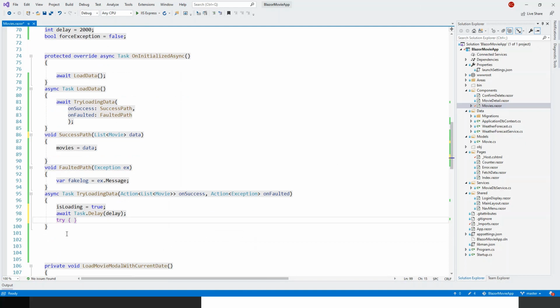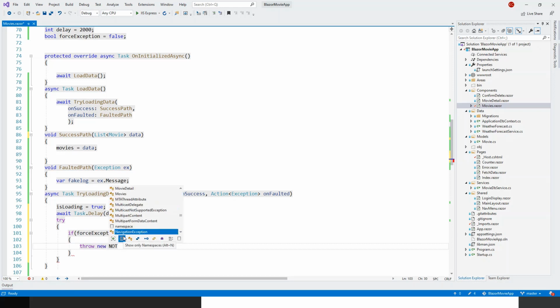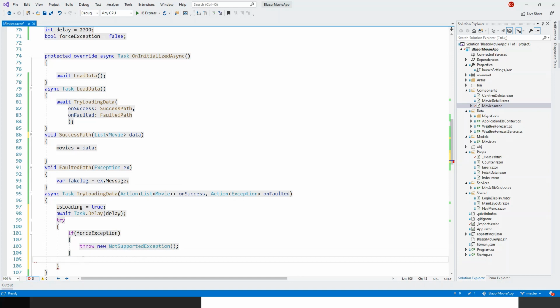So try. Now within this try block, if the force exception checkbox is not checked, so if it is false, if force exception is true, that is, if it is checked, then you throw a new NotSupportedException. Right, there is no else block here, so outside this if construct,